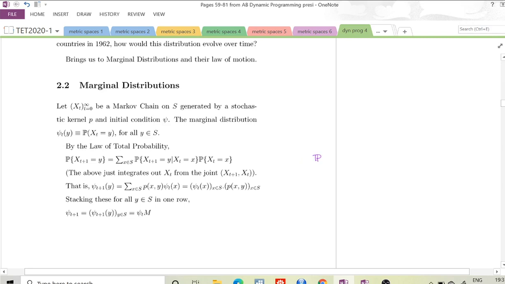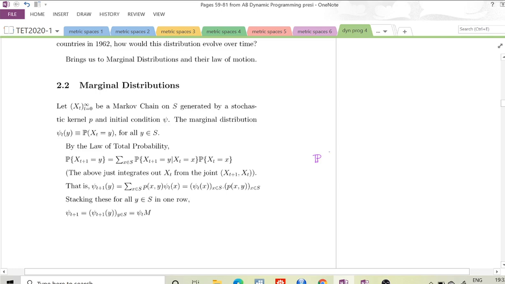Unfortunately, I'm using this P notation to mean many things. I shouldn't be doing it if I'm doing probabilities properly, in the sense that if these are probability measures, then marginal measure, conditional measure, joint measure are all different probability measures, and I should be using different names for them. I'm not, just to keep the notation okay, right?